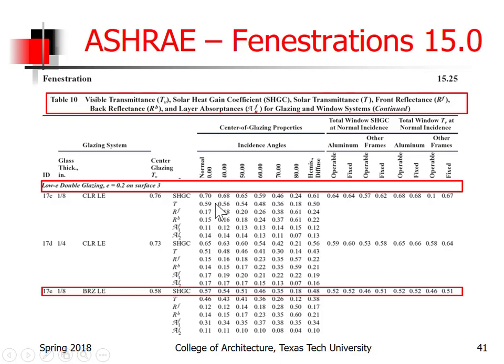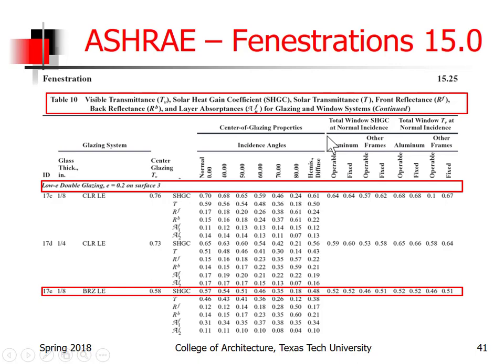And then we're going to go over here, and you'll see once again the center of glazing properties. You'll see total window solar heat gain coefficient at normal incidence. Of course, normal incidence means perpendicular to the glass itself, so it's assuming that the radiation is perpendicular to the glass. Over here you'll see different angles. So if you wanted to see the effect of different angles to the glass, you could look here,